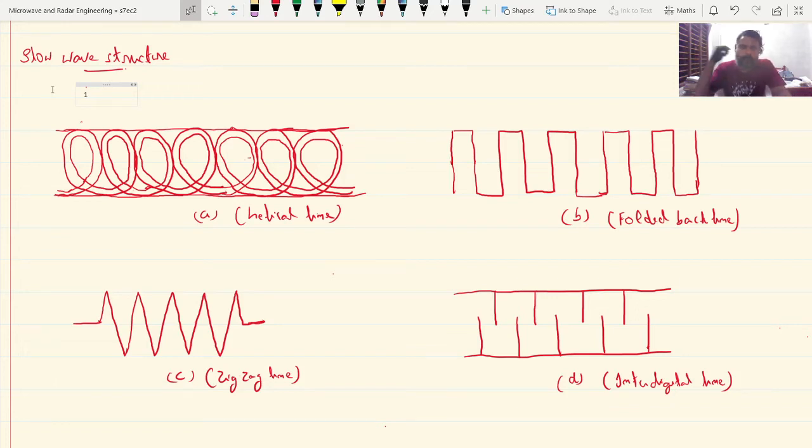Hello and welcome to the next session of traveling wave tube, that is nothing but the Slowey structure. In the last video lecture I explained the introduction part of the traveling wave tube. There I told you we normally utilize a Slowey structure inside the tube so that the interaction between the electron beam will take place throughout the tube.